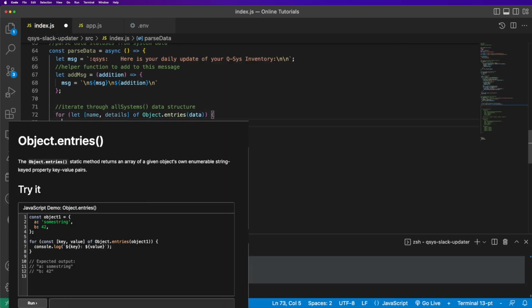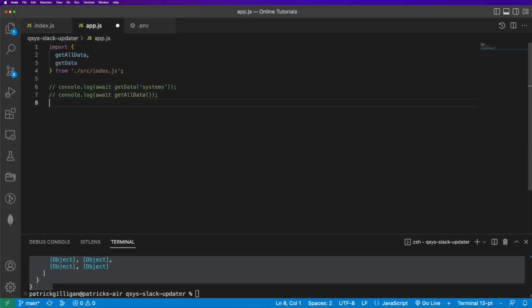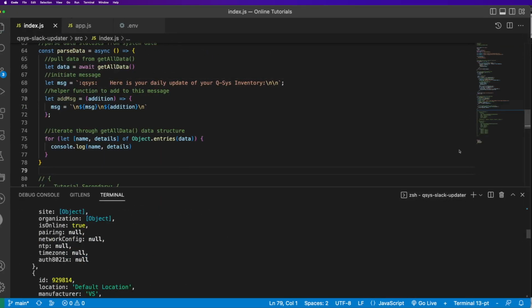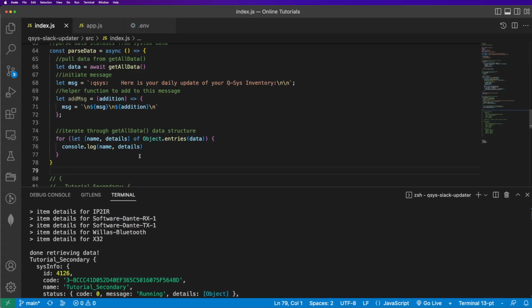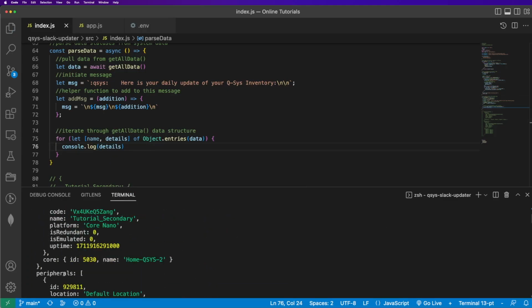Object.entries is our best tool to be able to do this. Within Object.entries, name is going to be the name of each system, and details is going to be all of that nested data that we're parsing through. If I log just the name variable to the console, you'll see the name of my systems. If I log just the details to the console, you'll see all of that nested data,